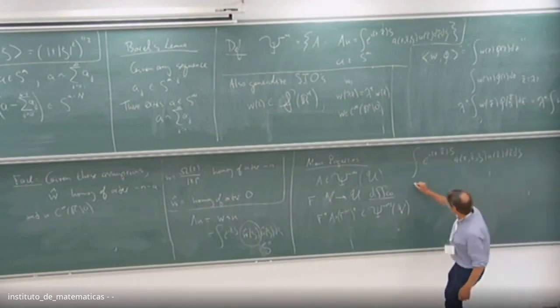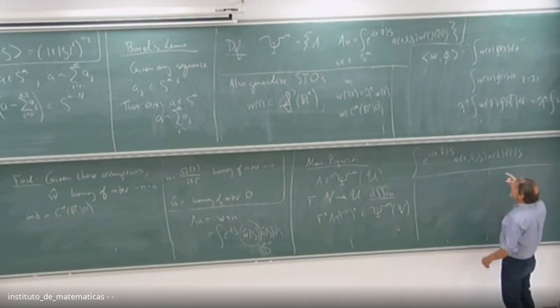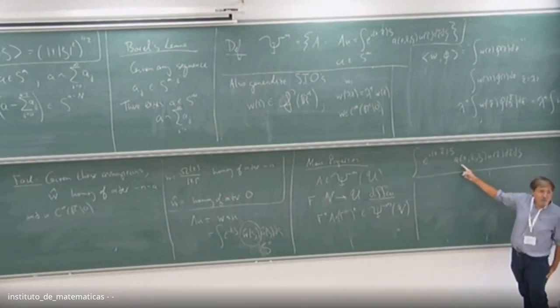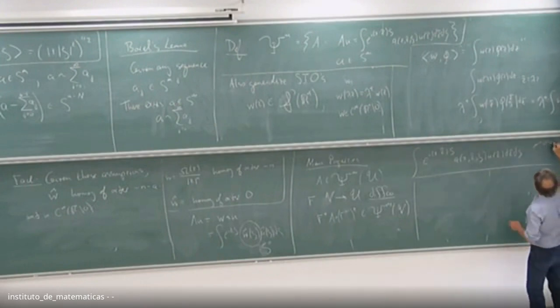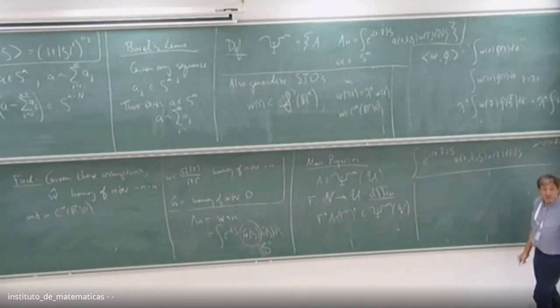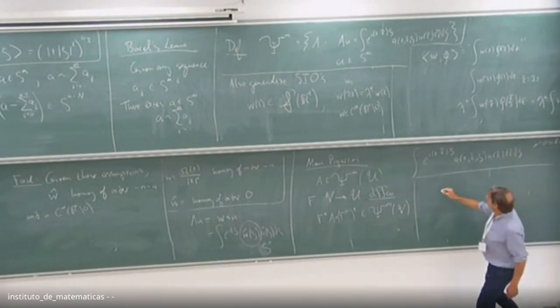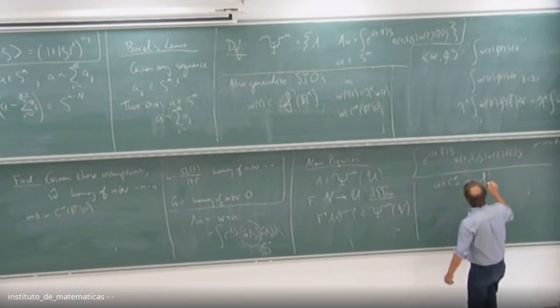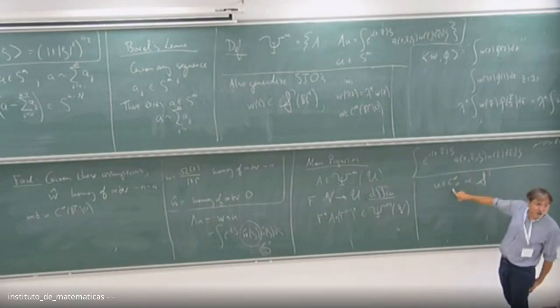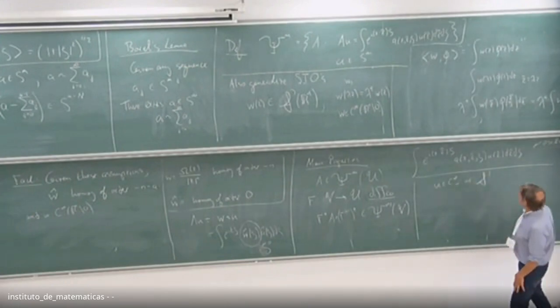I forgot to tell you one thing: if I have a general A, which is a symbol of order m, what is this supposed to even mean? This is called an oscillatory integral, and I haven't defined it for you yet. I've written it down as a formal expression, but I haven't defined it in general. Let's think. First of all, if U is in C infinity 0 or Schwartz, this is fine if I'm on all of R^n, but if I'm in an open set, I need to do something like this.